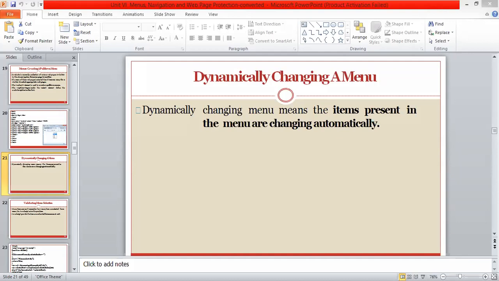Then body tag, closing of the body tag, and HTML tag. Okay, so in the body tag, we will be taking a menu. For the menu, we are taking the tag as select. In that, we will be giving an ID to this as myselect.